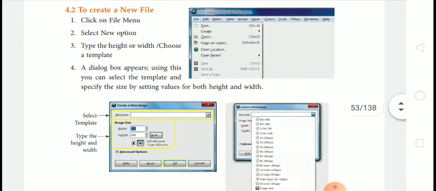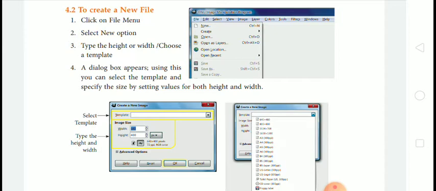Now we will see how to create a new file. Means how can we create a new file? So you can see in the image, menus are given: File, Edit, Select, View, Image, Layer, Colors, Tools, Filters, Windows and Help.